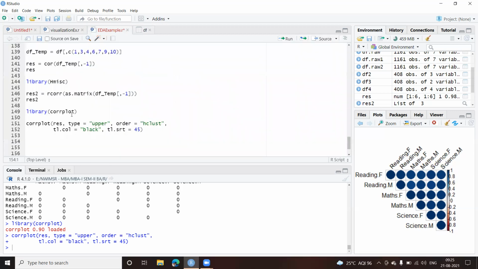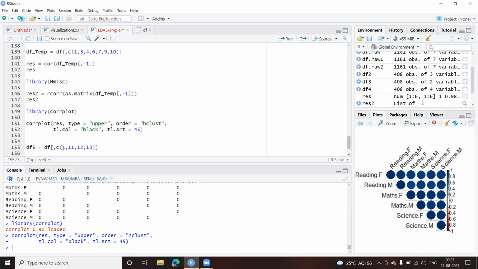So I'll create a data frame df. We have df4 here, so I'll create df5. df5 equal to df into square brackets, all the records, and the columns I have to mention are 1, 11, 12, and 13.